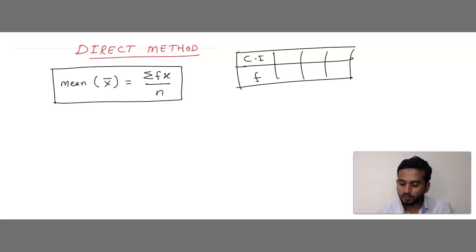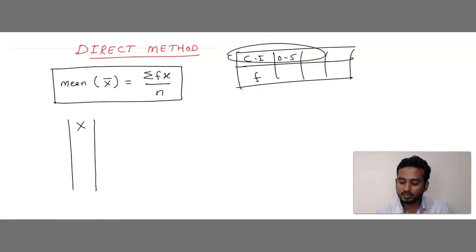Now, whenever they have given a range, for example 0 to 5, what you should do is find the midpoint. While I am solving the problem, I will tell you how to find the midpoint. But here, you have to draw the table, not the entire table. I'll tell you how. First you write x. X is nothing but all the midpoint values. We have to write all the midpoint values first. Then from this we get x. Next what is left is the frequency, that is f. Write this column here. Write this f.